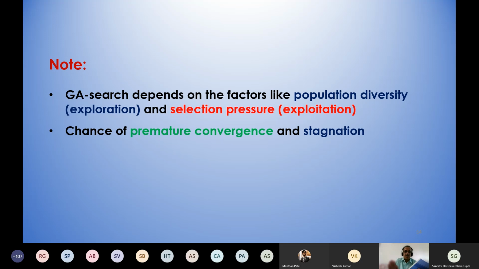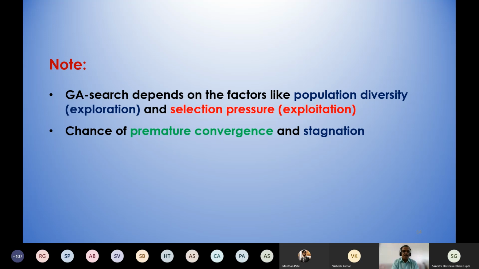A few minutes ago, I just mixed it with the ranking selection, but after that, I made the correction and I hope it is clear to all of you. This is one of the methods of how to write down the computer program for the roulette-wheel selection or the proportionate selection. So I think you got the idea of how to write down the computer program for this roulette-wheel selection or the proportionate selection.